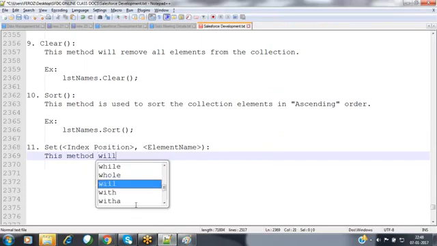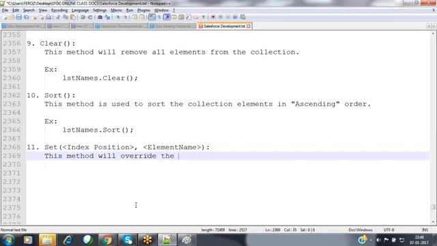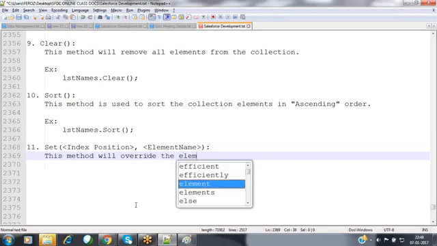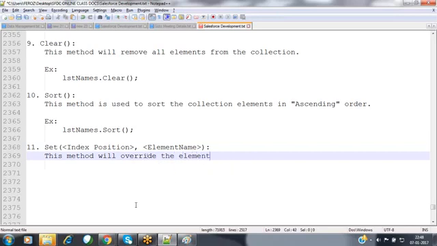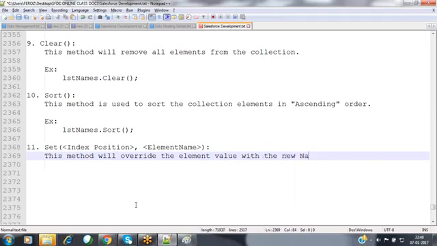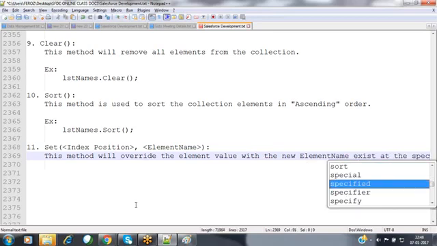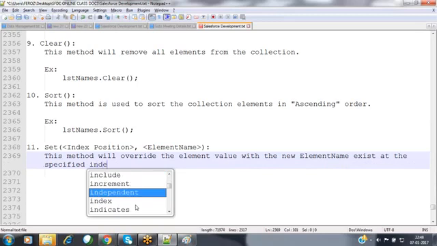This method will override the element value with the new element name that exists at the specified index position.